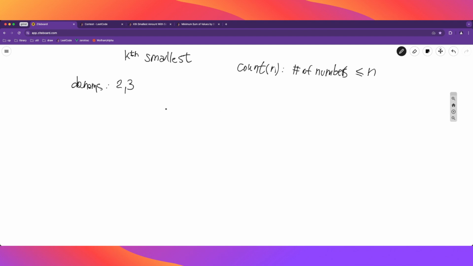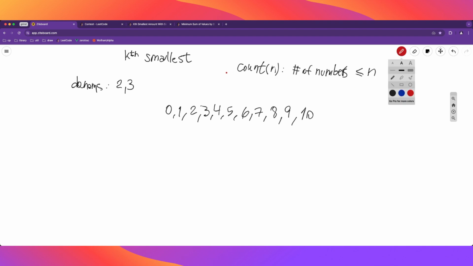All right, so let's say that we have 0, 1, 2, 3, 4, 5. Oh, and so we're going to have two. We can form a 2 with the denomination 2, but we can also do 4. So all multiples of 2 are going to be